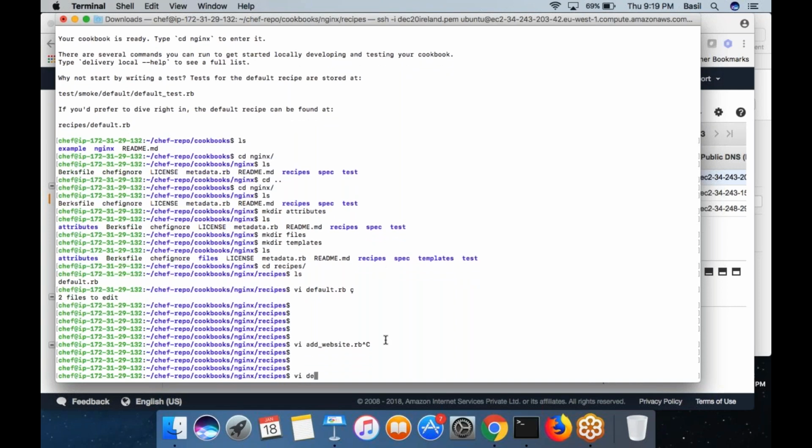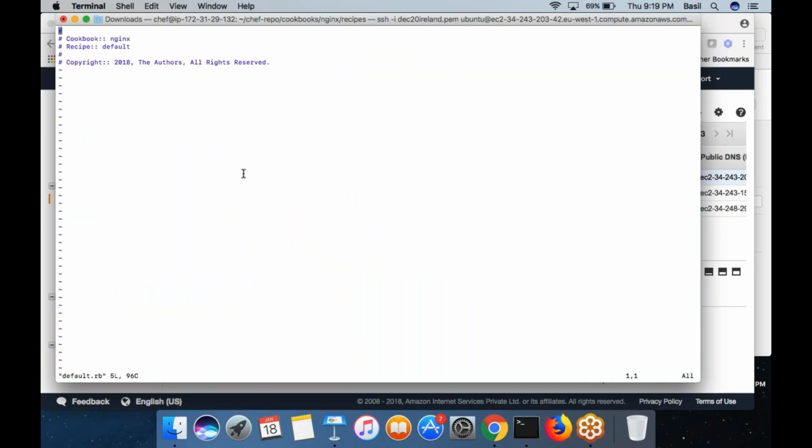So let us go ahead and open this file default.rb. Actually there is nothing inside it. It is just a plain text file. Whatever content you have inside, it is commented out. There is nothing inside, so I am going to write down my resources. I am going to add the resources into it. What all things do I want to do in order to set up nginx? I can use apt-get install nginx, right? That's all. First I want to run an apt-get update command on the client node.